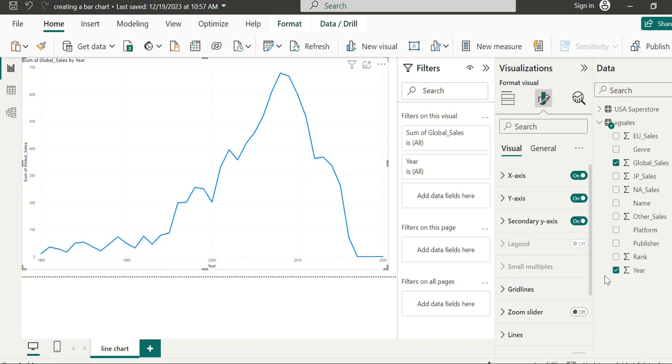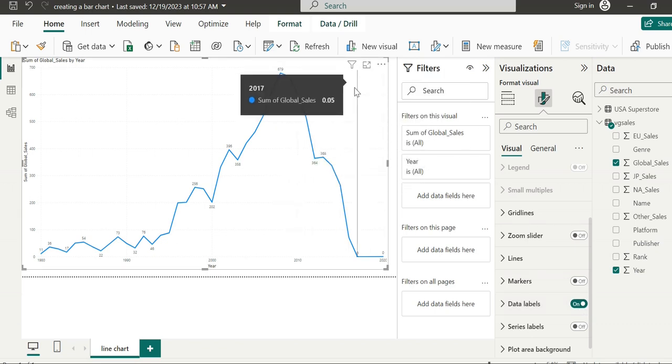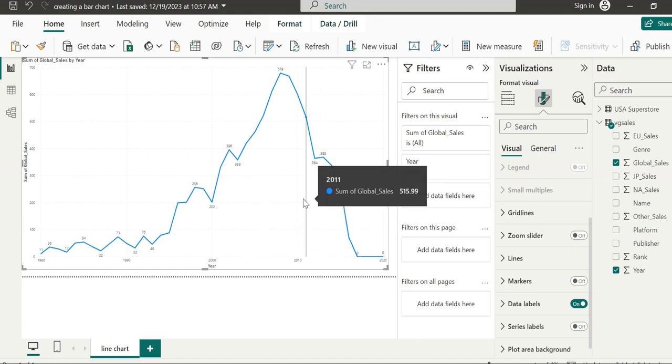Let's go on with the data labels card and switch the slider on. As we switch the slider on from off, that brings up labels for each of the points in our line chart.